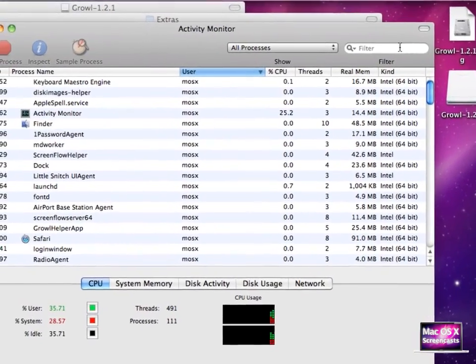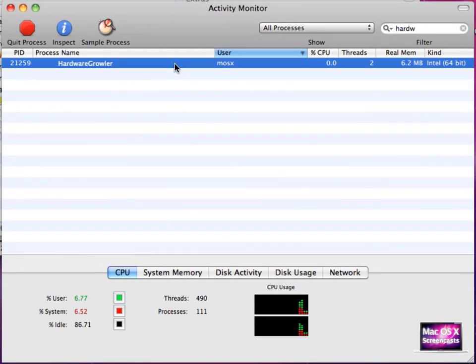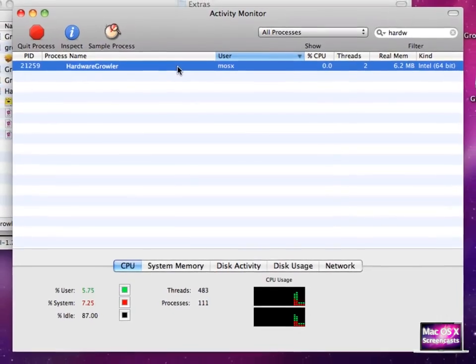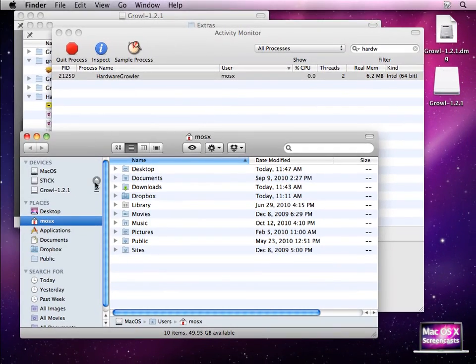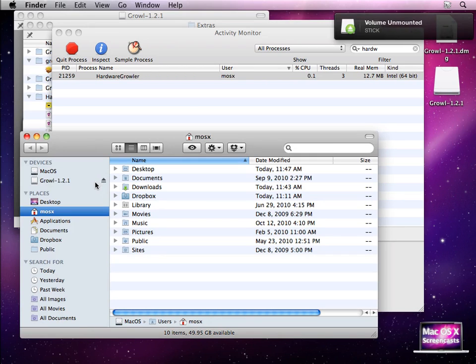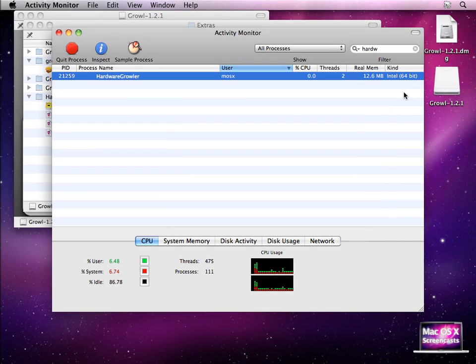Now we can still confirm that HardwareGrowler is running. If you go to Activity Monitor and search for HardwareGrowler, you'll see HardwareGrowler is still running. This is a bit tricky because you always have to keep track of whether HardwareGrowler is running or not. If I eject this volume, it will take a while, and then the notification will still appear just like normal, as if HardwareGrowler still had its dock icon. This setup is a bit advanced. You have to personally or manually